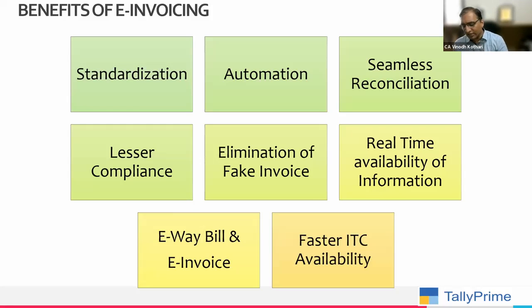Automation, seamless reconciliation, yes, very good for reconciliation purposes. For ITC purposes, software automatically maps your data with the purchases and the 2B, and then your reconciliation happens. Earlier, you have a purchase invoice, and you don't type the invoice number exactly, like hyphen, slash, and then you face trouble in mapping the data with 2B using formulas and software. Because of this, at least reconciliation is done very well.